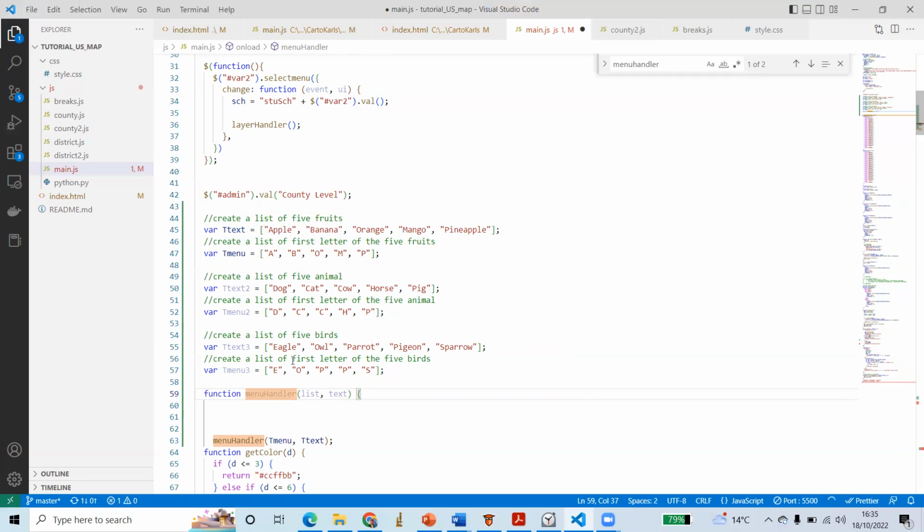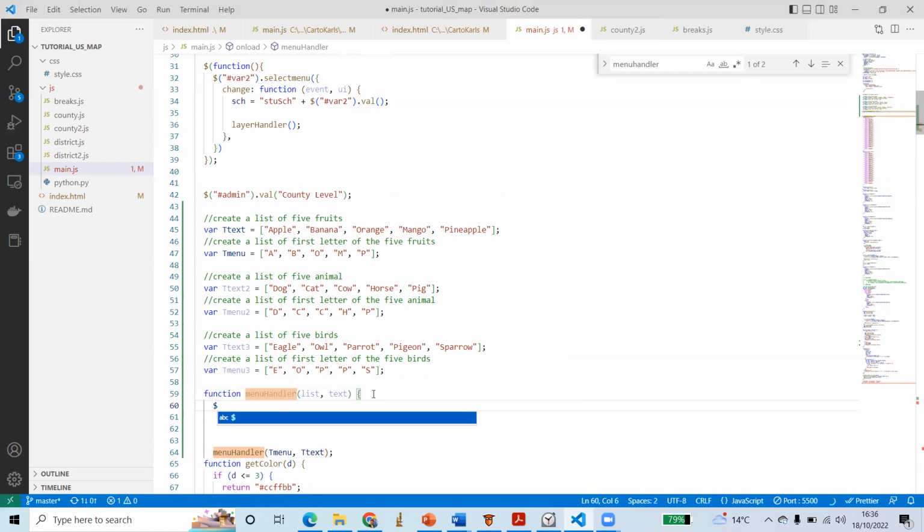Only these two, t-menu and t-text, will go inside this function. So in this function, what we are trying to do is